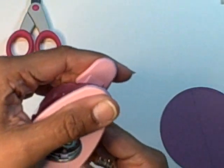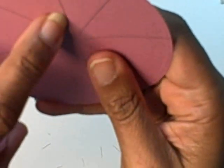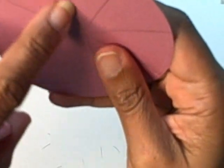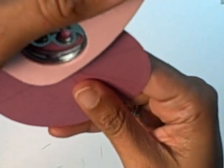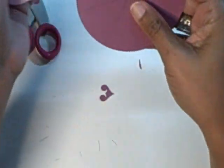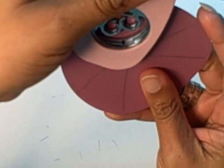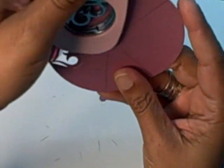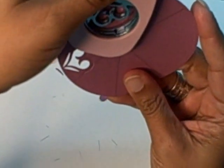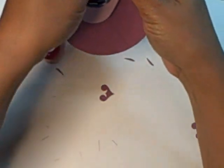Now I'm left-handed, and you may be right-handed. So what we're going to do is try and set our heart right in the V of one of those pieces of pie. So I've got it centered. I'm going to punch. I found that I made the best frames when I wasn't really worried about this too much, so don't stress over it. If you're off a little bit, nobody's ever going to know, because it's really such a pretty shape,